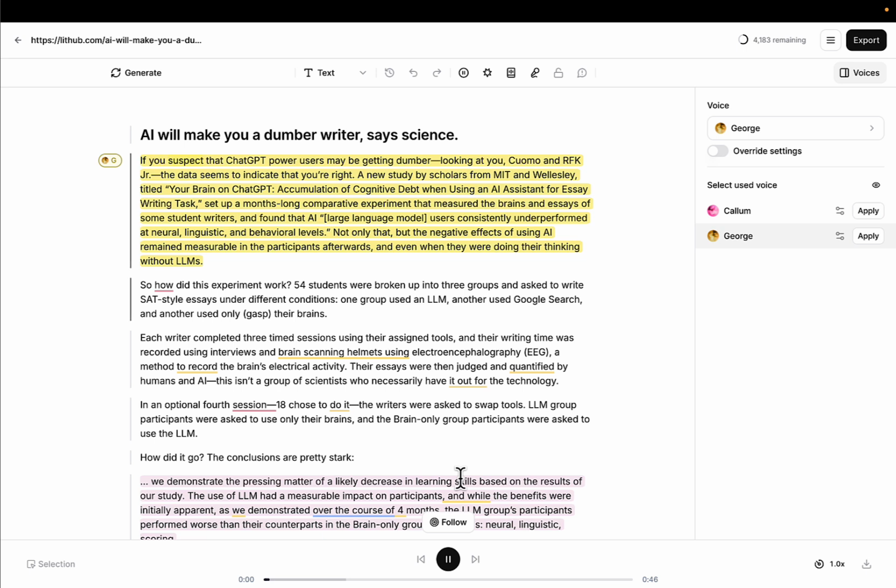See? If you suspect that ChatGPT power users may be getting dumber, looking at you, Cuomo, and RFK Jr., the data seems to indicate that you're right. A new study by... So you can select the text and choose whose voice you want to apply to a